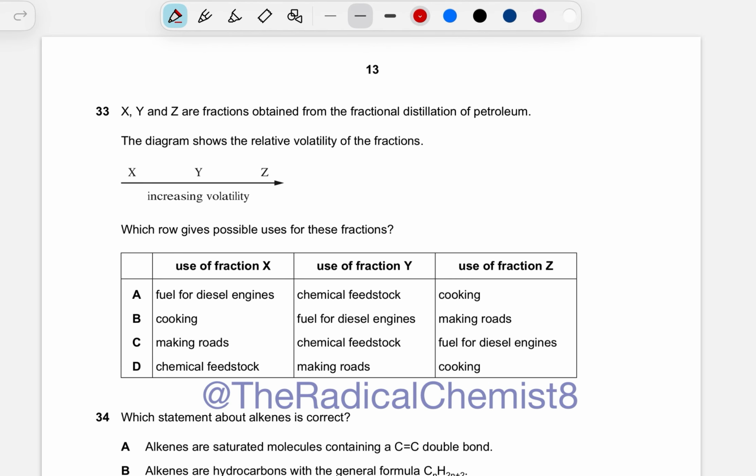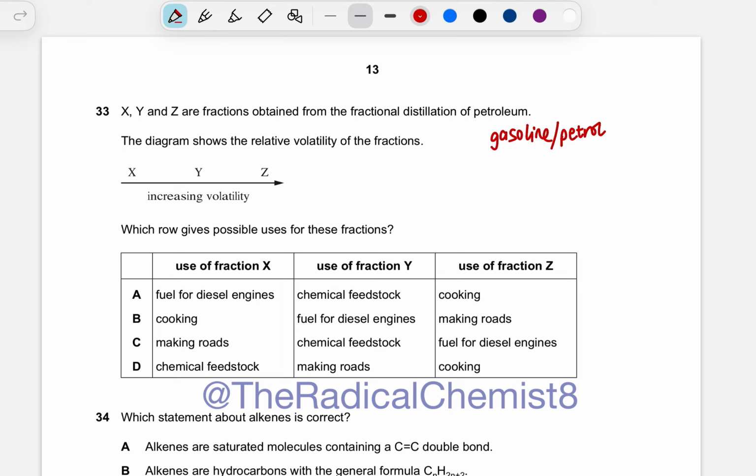Next, X, Y, and Z are fractions obtained from the fractional distillation of petroleum. The diagram shows the relative volatility of the fractions. So remember, volatility is a measure of how quickly something vaporizes. So vaporizes means going from a liquid or solid to a gas. So in this case, you need to remember the different fractions when you're doing fractional distillation of crude oil or petroleum, and you should know the order as being gasoline or petrol